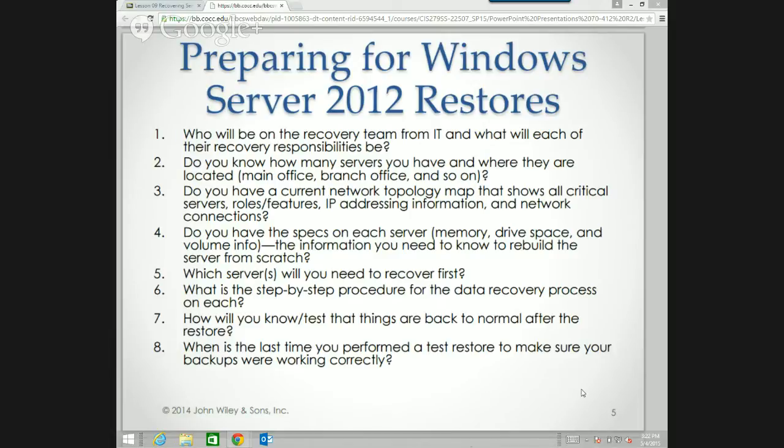So, thinking about a standard business environment where we have email, databases, some web servers, some SharePoint, we've already determined the first server we need to restore in the case of catastrophe: the DC, right? Because everything's going to function within Active Directory. What might be the second server we put up in a business?